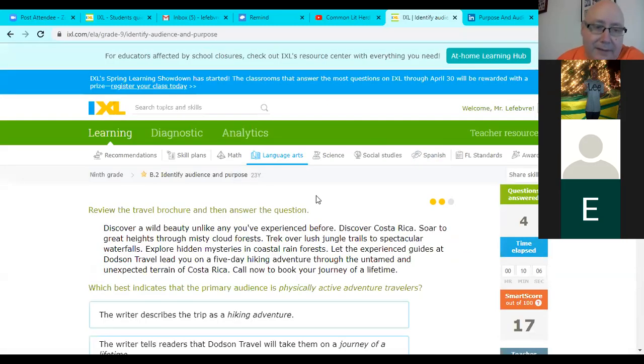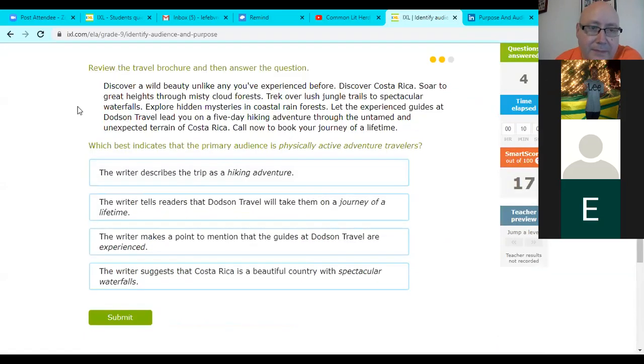All right, let's see if we can read it again. Discover a wild beauty unlike any you've experienced before. Discover Costa Rica, soar to great heights through misty cloud forests. Trek over lush jungle trails to spectacular waterfalls. Explore hidden mysteries in coastal rainforests. Let the experienced guides at Dodson Travel lead you on a 5-day hiking adventure through the untamed and unexpected terrain of Costa Rica. Call now to book your journey of a lifetime. Which best indicates that the primary audience is